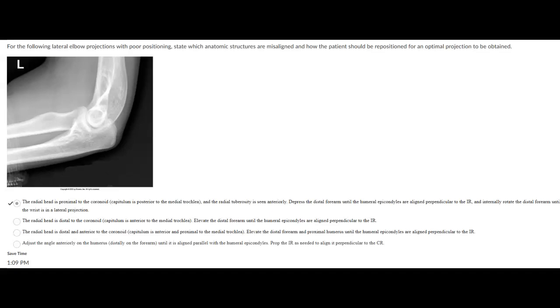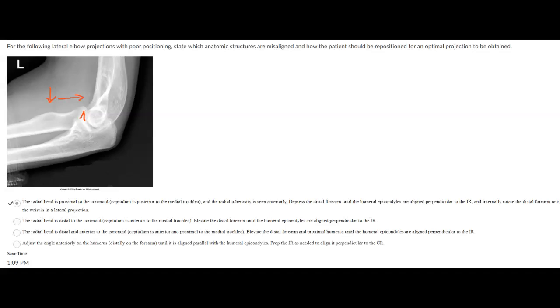So let's evaluate this lateral projection. In evaluating this, you can see that the radial head is actually proximal, okay, to this coronoid process, right? And it's superimposing over the capitulum partially. The radial tuberosity here is also seen